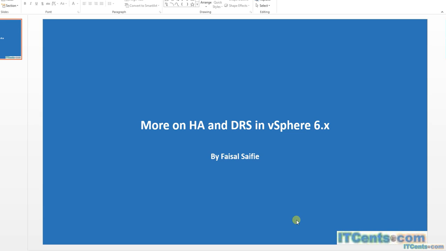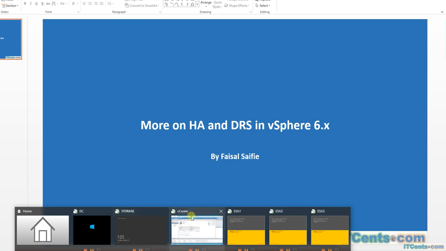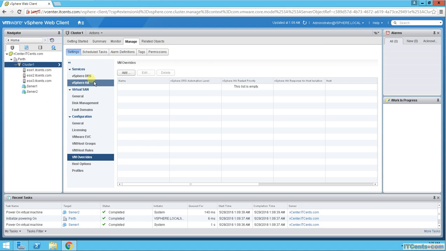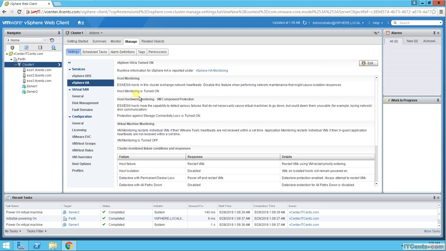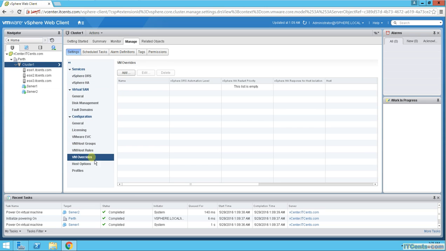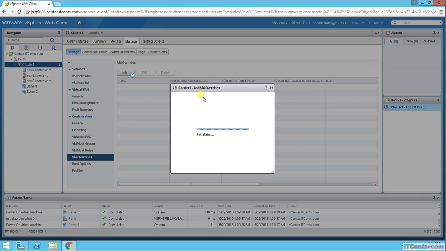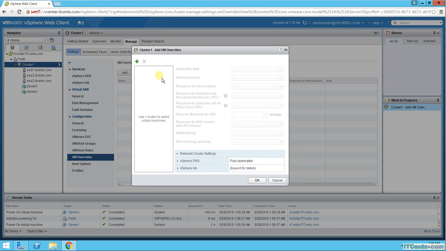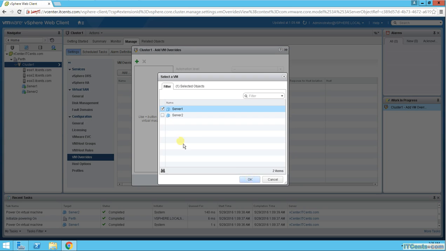So let me just show you real quick how to do that. Let's go to my vCenter here. Okay, and we are at the cluster level, right? Manage, and remember here we enabled HA for our entire cluster and DRS for our cluster. Right down there we have VM Overrides, and that's the place where you can make exceptions at the VM level. For example, if I go add here, right here I can add my VMs, for example server 1 and server 2,